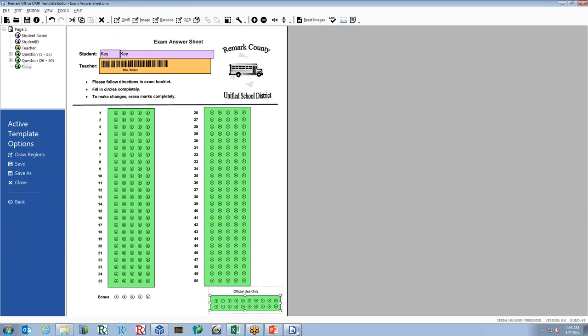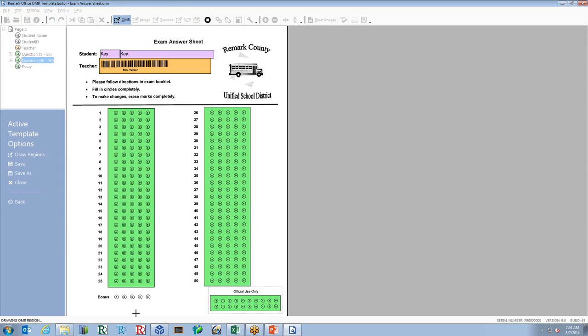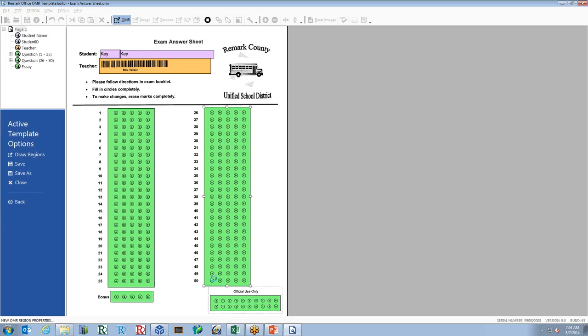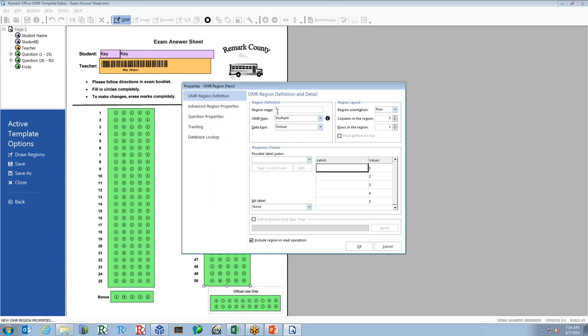So let's go back to our template editor, and I'm actually going to recreate that particular region. So you still have all your toolbar buttons up here. I'm going to go to OMR, and just make this region again. And I'm going to call it, I know it says bonus, but I'm going to call it rubric. And the reason I want to do that is I want to tell you about a new feature called rubrics